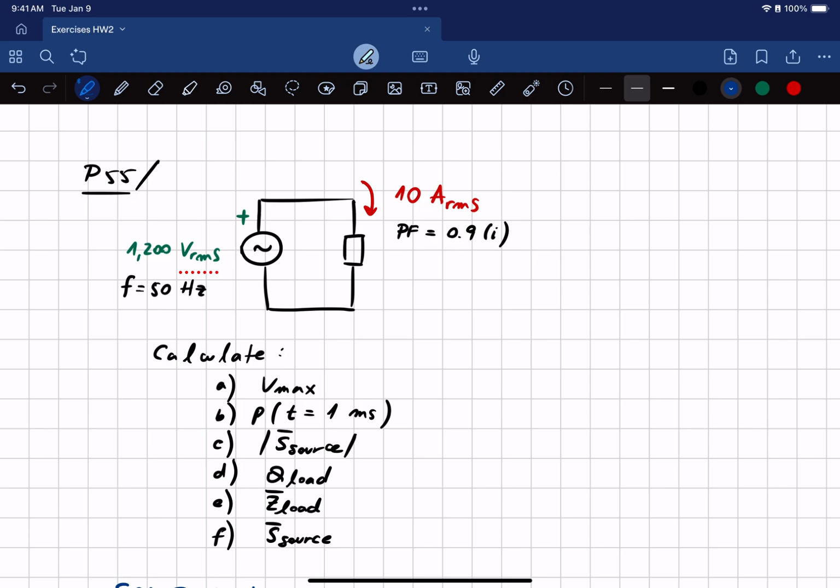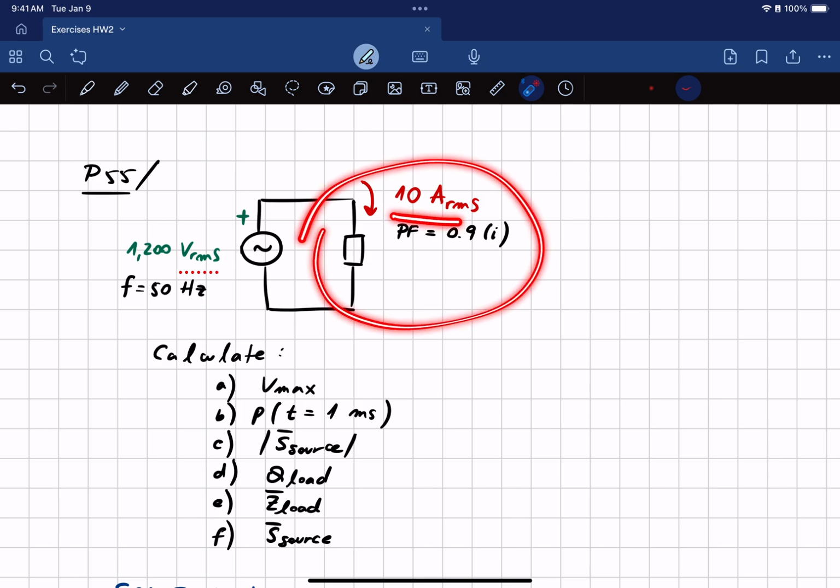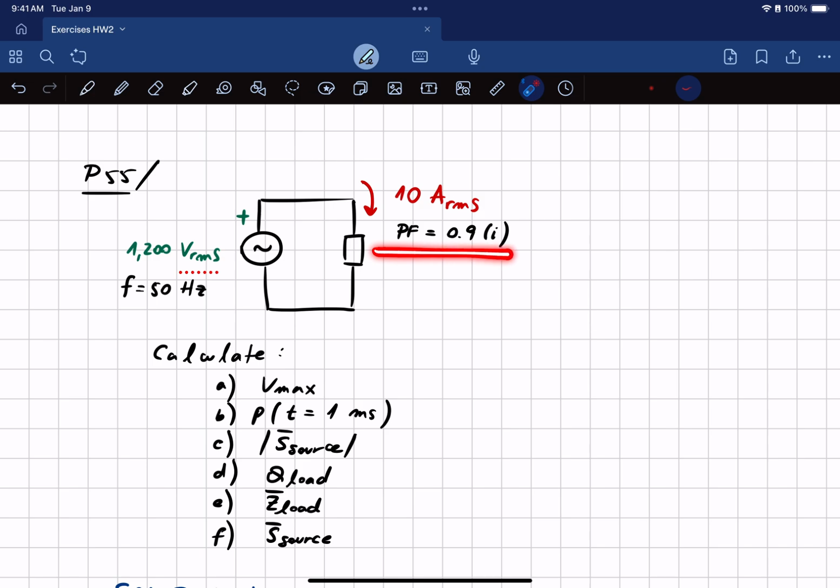We're going to solve now problem 55, and it states a load is drawing 10 amps RMS when connected to a 1200 volts RMS supply running at 50 hertz. So we have a voltage source powering a load that is consuming 10 amps RMS. If the source is operating at a lagging power factor of 0.9, so power factor of 0.9,